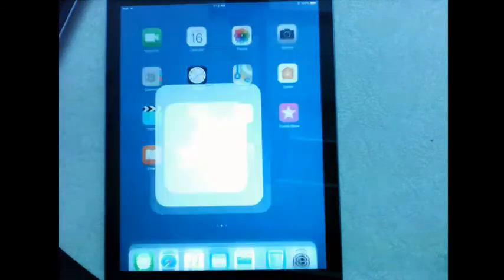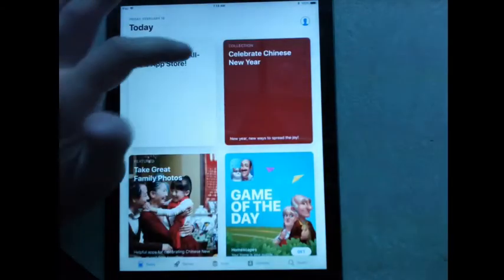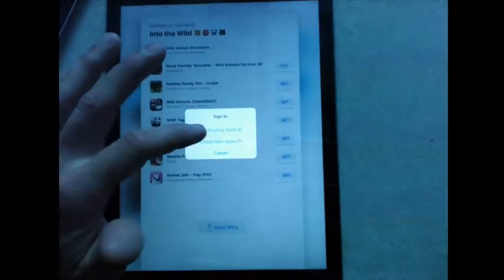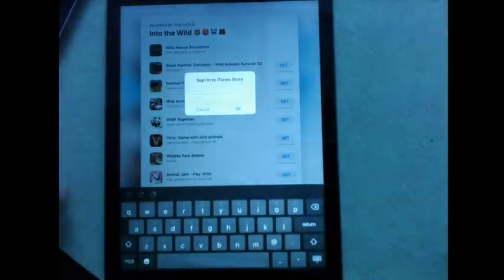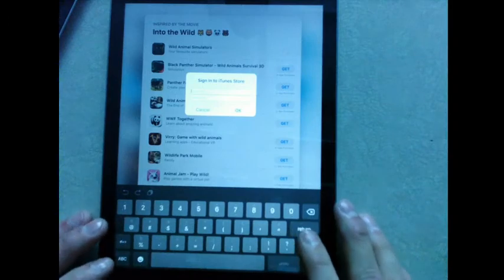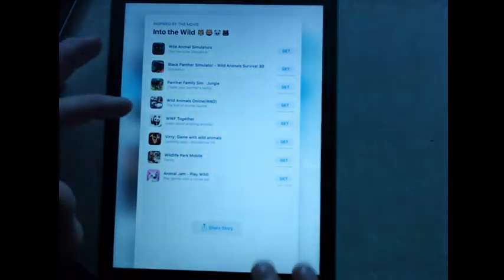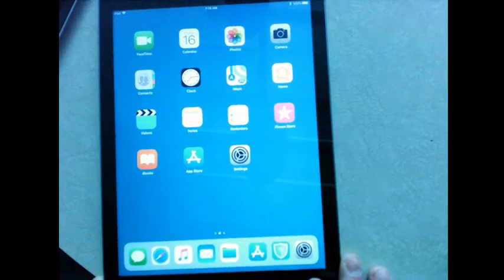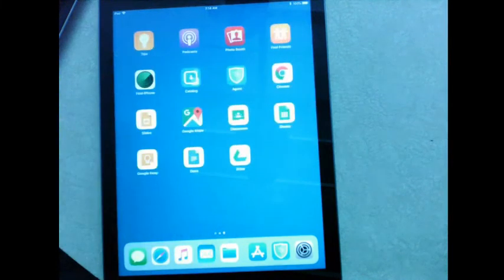So I can actually now go into the App Store and add an app the old-fashioned way if I wanted to. These are all paid. I could download this thing and sign in with an Apple ID. Everything that I couldn't do with the iPad prior, I can now do just by unlocking the iPad with the AirWatch Agent app. So consider your AirWatch iPad to have two modes, student mode and teacher mode. In student mode, no App Store, you can't put a passcode on the device, you can't muck around with it too much.